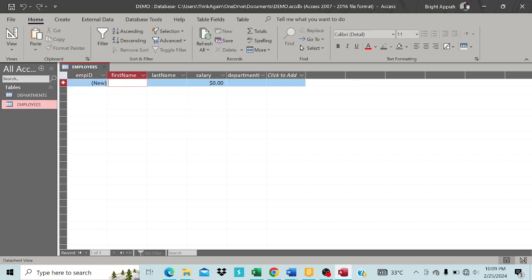So employee first name, maybe Sarah Appear. Then we change the department. Sarah Appear is in ICT, and ICT, the department ID is 10. Then another person,